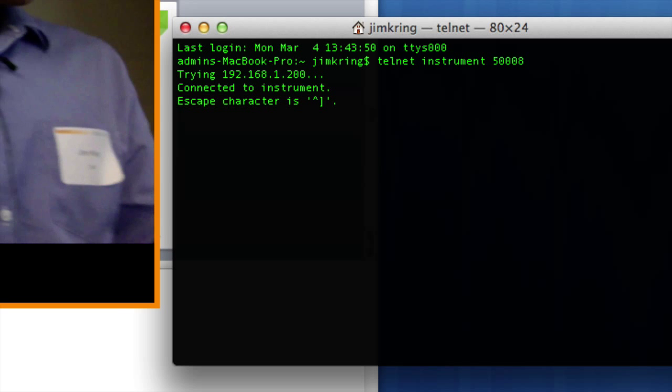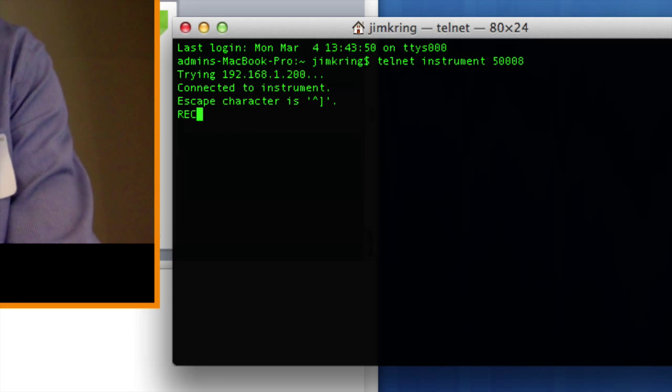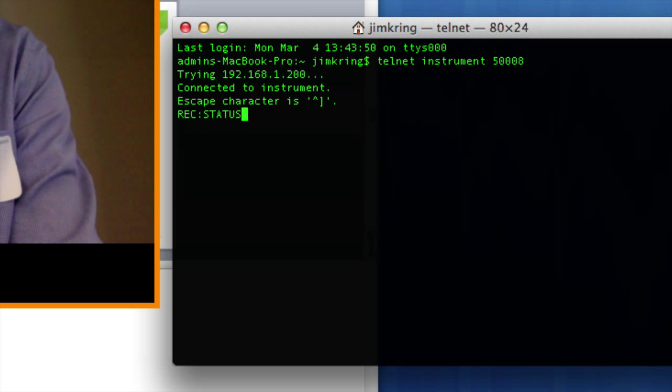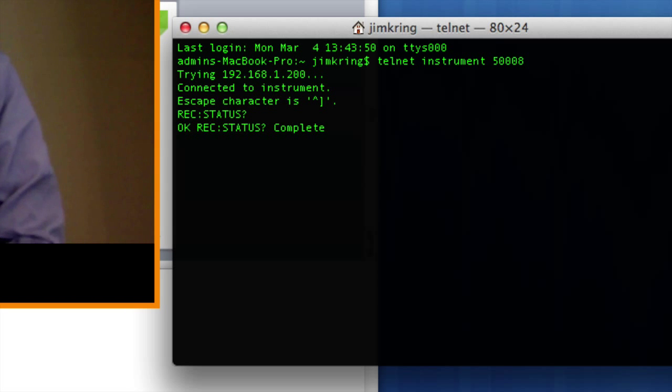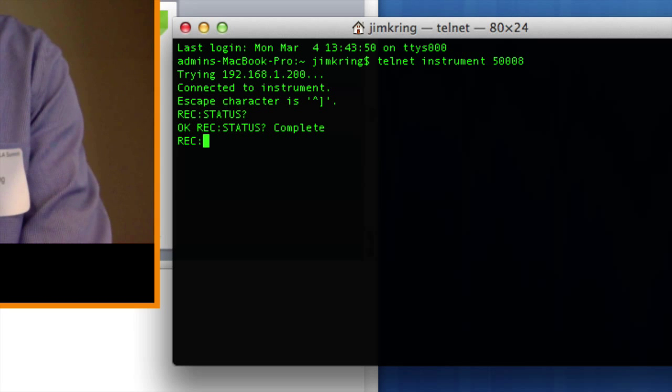And what I'm going to do is type recipe status, and it says that it completed the last recipe that I ran. So that's giving me an indication that it's currently in a state where it can run a recipe. And so I'll do recipe run,